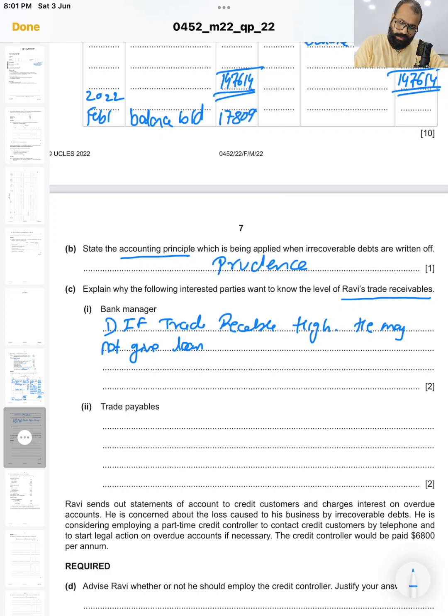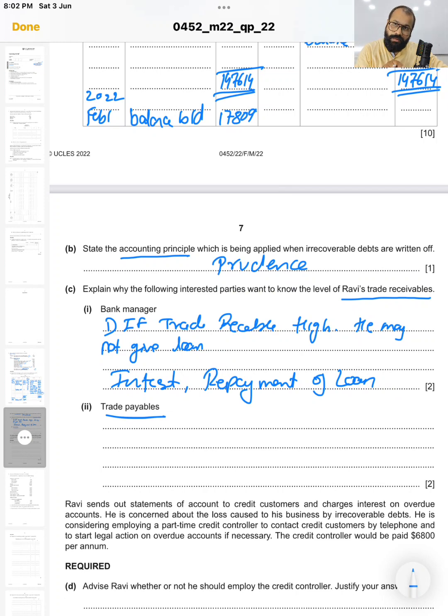And interest and repayment of loan will also get affected. Okay, now, so these are the certain points where, as a bank manager, he will look into the trade receivable, and accordingly he will decide whether I should give a loan or not. If I've given a loan, is he able to pay the interest back or not. Okay. Now second, they have asked about trade payables,